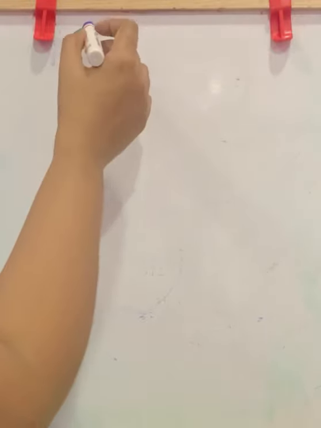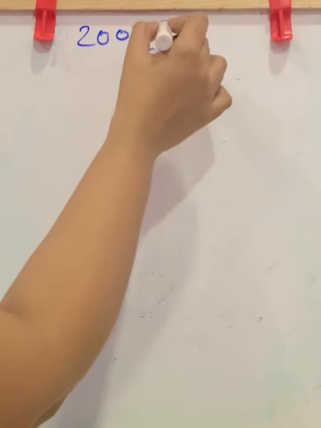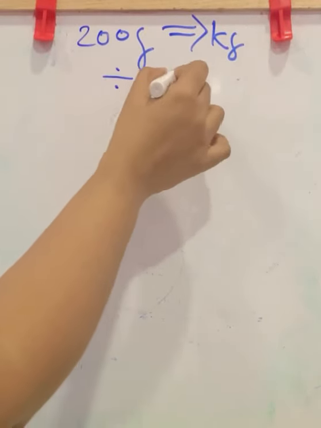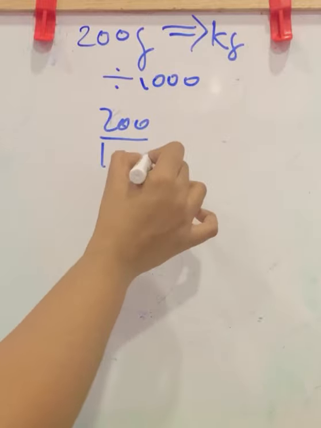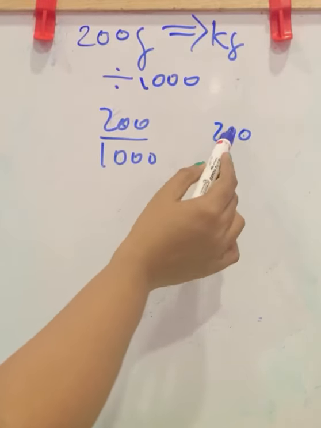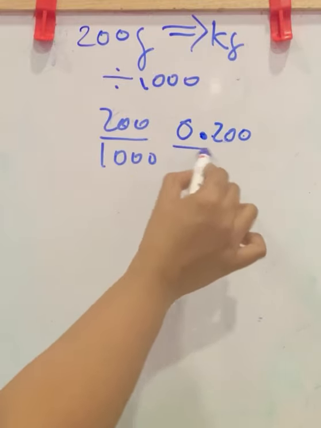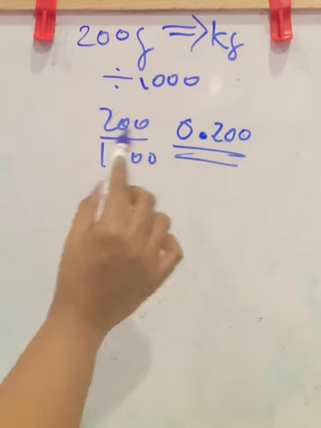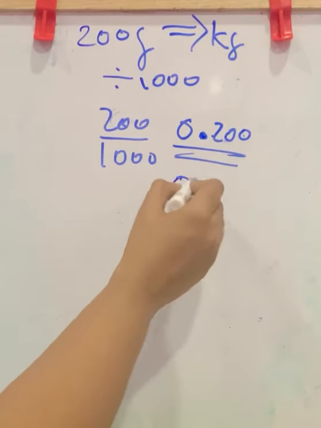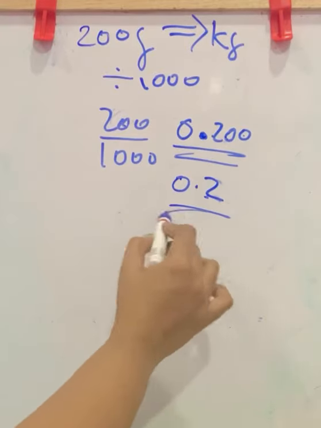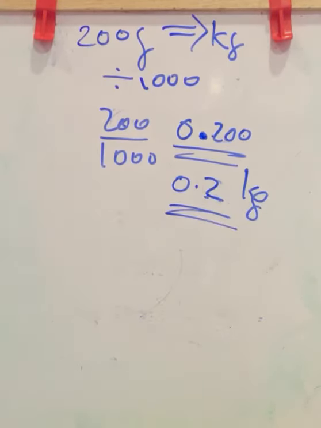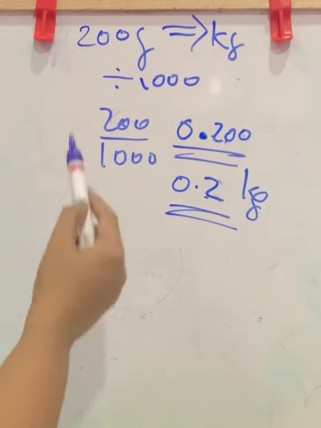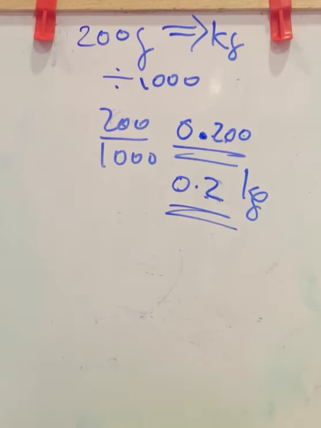So we want to convert 200 grams to kilograms. Gram to kilogram means division by 1000. So 200 divided by 1000: 200 is here, 3 positions, it will reach here, 0.200. Now the 0 at the end part after the decimal has no value, so you can write this as 0.2. This is the same as this. This much kilogram, 0.2 kilogram. This is the answer. Here zeros after the decimal at the ending part have no value, so you can simply write 0.2 kilogram.